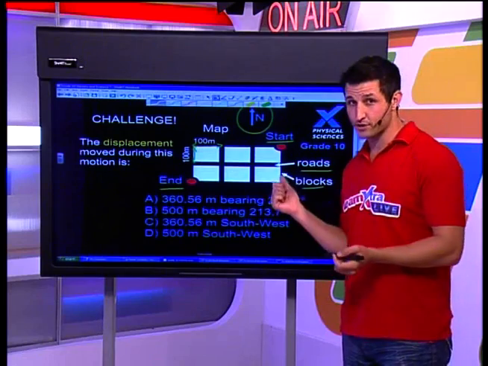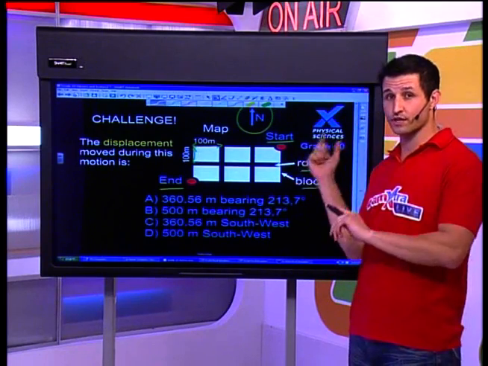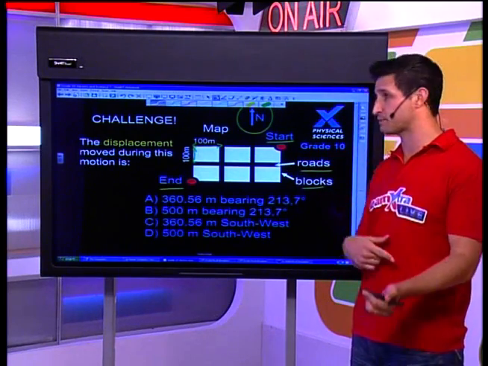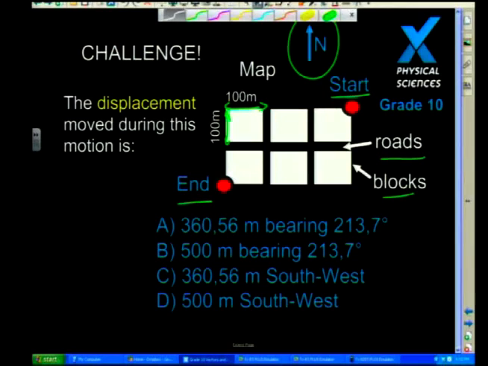Okay? So what I'm going to do is go from that starting position and we're going to start to get distance and displacement. So now I'm going to figure out a route to get from my start to my end. Let's do that. I'm going to start from my beginning and we're going to turn some corners and navigate through the middle. It doesn't really matter which way you do this. I'm going to get a really large distance. Each one of these is 100 meters long.